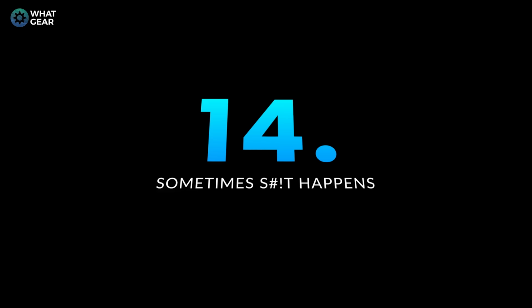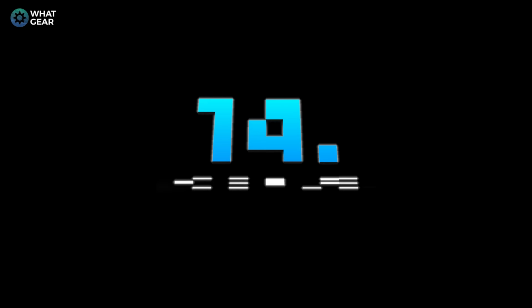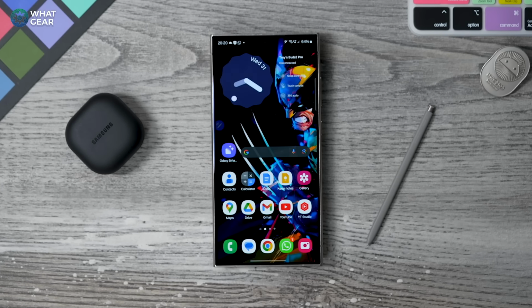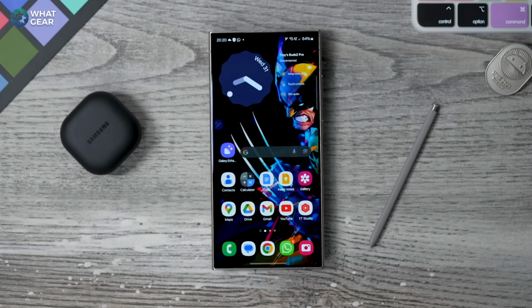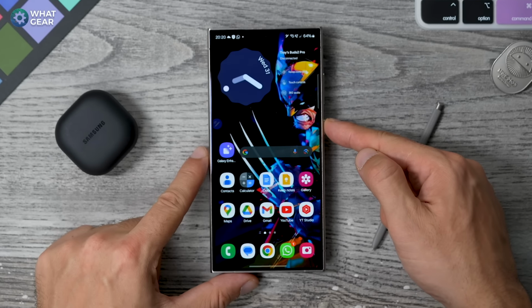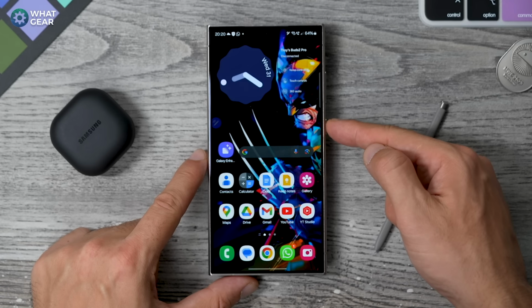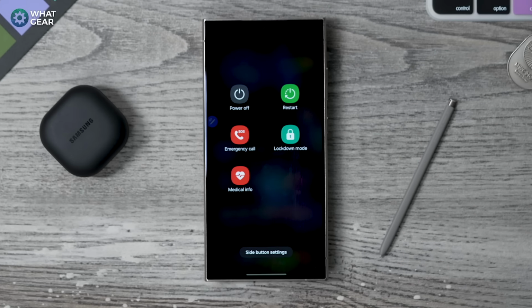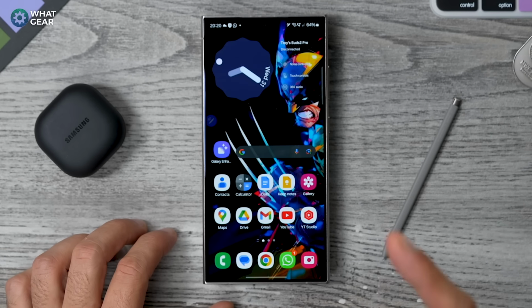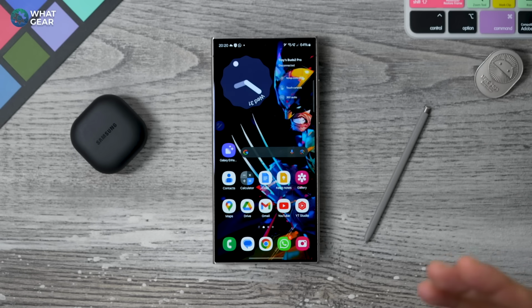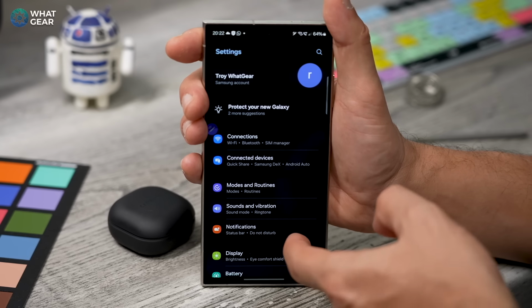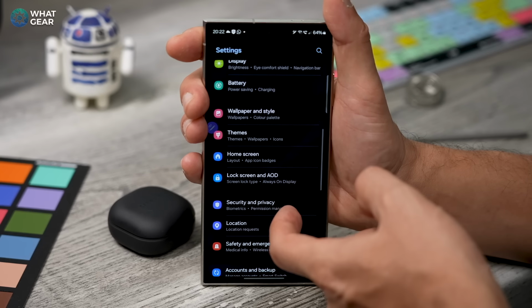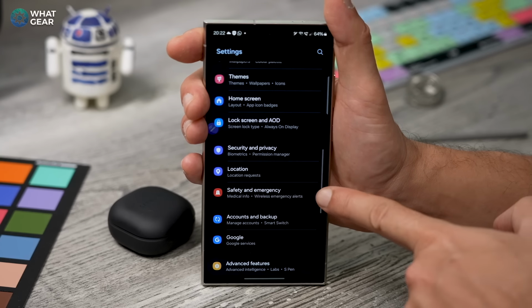Okay, so this next one is for your own good, your own personal safety, and it's not enabled by default. And if you did see the original video, the first things to do, I showed you guys how to remap the power key to open your Google Wallet, and also you've learned how to add the lockdown in this video. But there is another feature we can map here, which I do recommend you do, and probably should have done on day one. Jump back into the settings, this time scrolling down till we see safety and emergency.